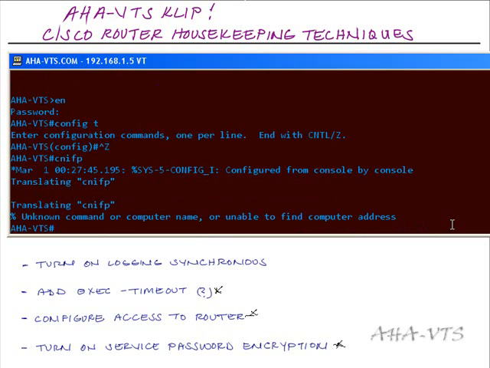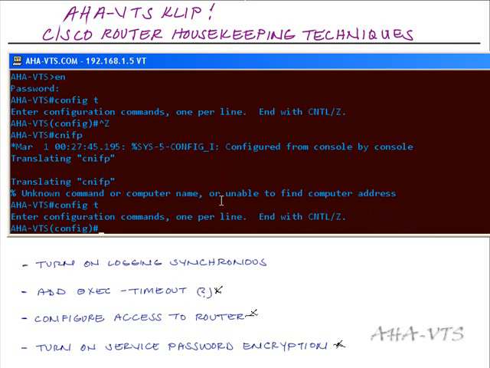The technique in order to remove that issue, and you can see that because of that status message that interrupted my syntax, I get a known command computer name. And remember, if we didn't do the no IP domain lookup, that would time out for about 5 minutes before we could get in there. But nonetheless, let's remove the status message, but make the status message not interfere with our